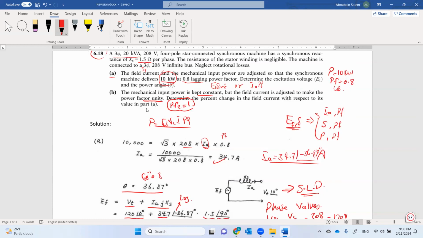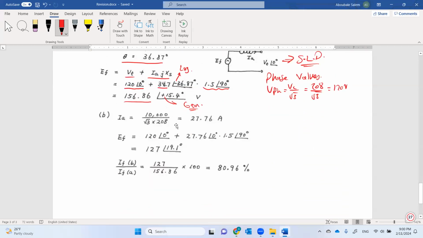For the field current, guys, we have no relations, but we can compare field current with excitation, because the percent change in excitation volt will be the same as the percent change in the field current. So this means we need to get the percent change in the excitation volt. Now, simply we have the second power factor, we have the first power factor, so we can get the second current. So the solution here is,